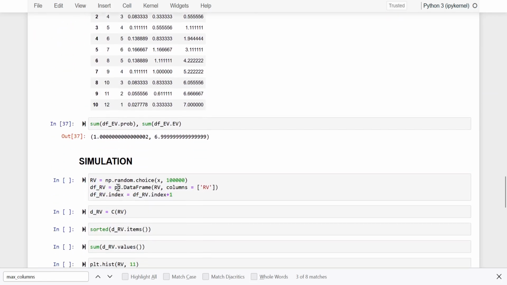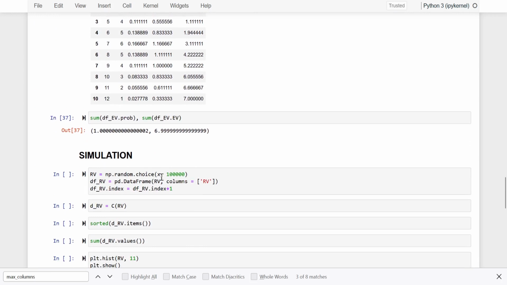We will start the simulation. That X, that 2, 3, 4, some of them repeating till 12. We will start treating that X as the source, and we will